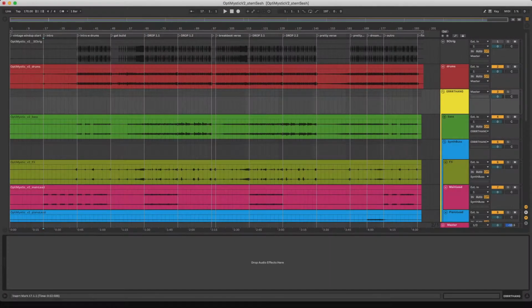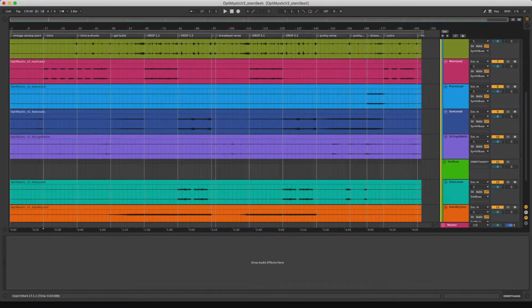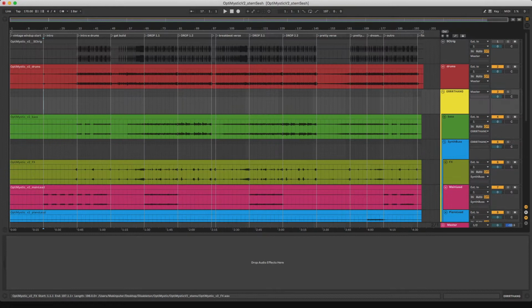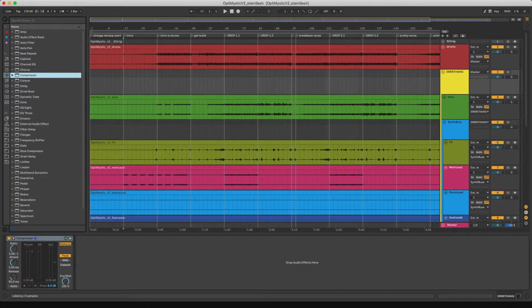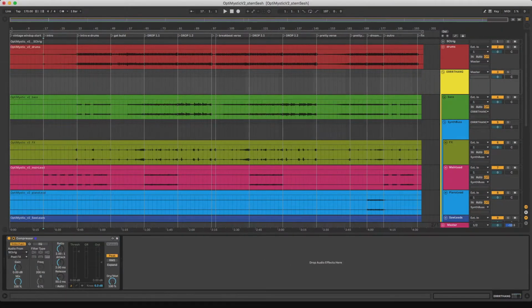To prepare the tune to film the promo video, I had exported the summed instruments as stems into a new Ableton session, ensuring to disable the sidechain compressor on export. Then, after setting up all my markers to visually navigate the song sections, I recreated the same routing as in the